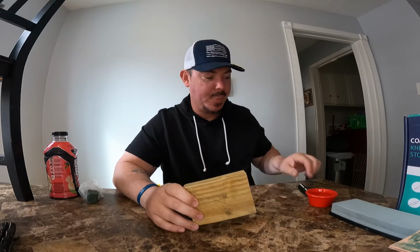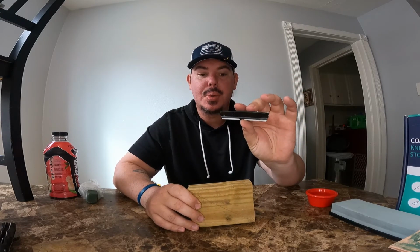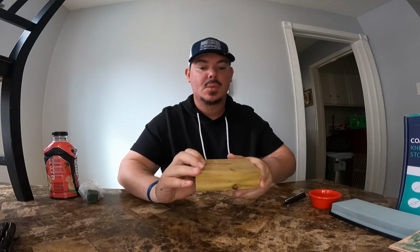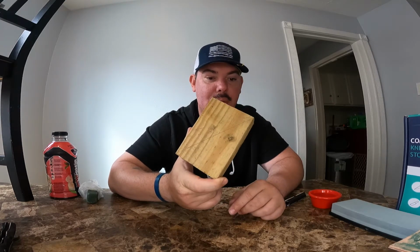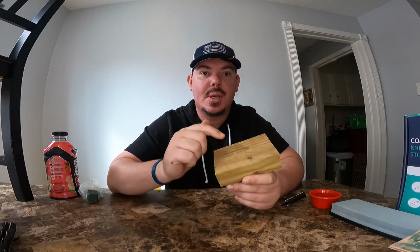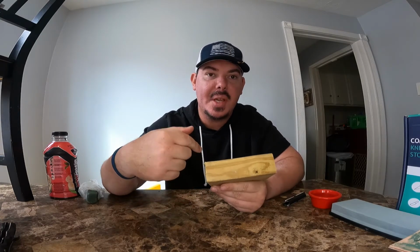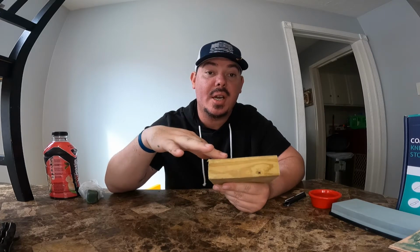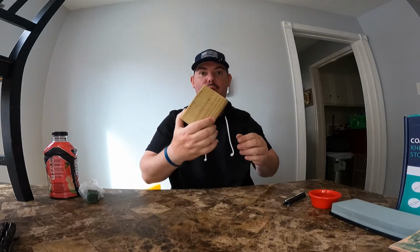Okay, so if by chance you don't have this handy dandy tool to get you a good edge with your angle, grab one of these. Just grab a little 2x4 or some sort of block, and you can mark your angle across it. Okay, so you're going to want to do it long ways, and you could either use your circular saw or a skill saw to cut it at a 20 to 17 degree angle like this, so that way you made your own